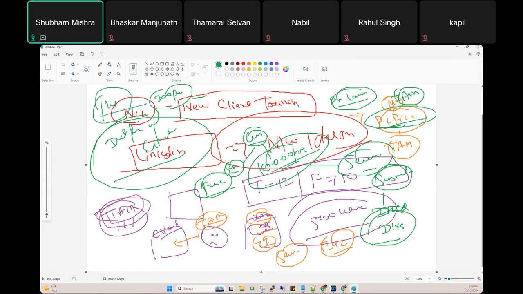In /24, how many IP addresses will you get? I hope everyone is aware of subnetting. /24: the total size of an IP address is 32 bits, right? 32 minus 24, how much? 8. So 2 to the power 8, how much? Around 256. In 256 IP addresses, the first IP address is called the network ID and the last is called the broadcast ID. So we are not using these two. So the usable IP addresses will be how much? 254.